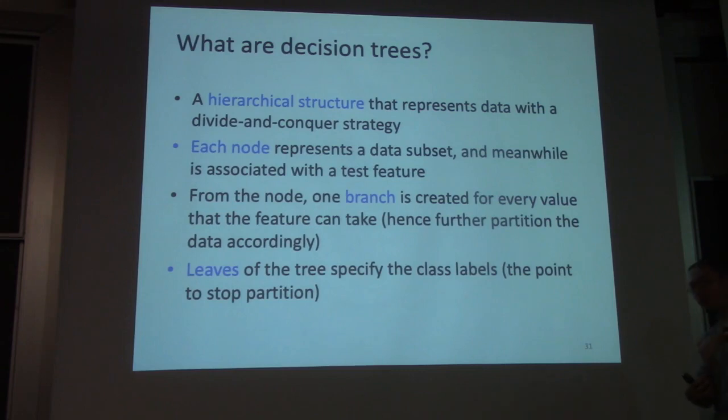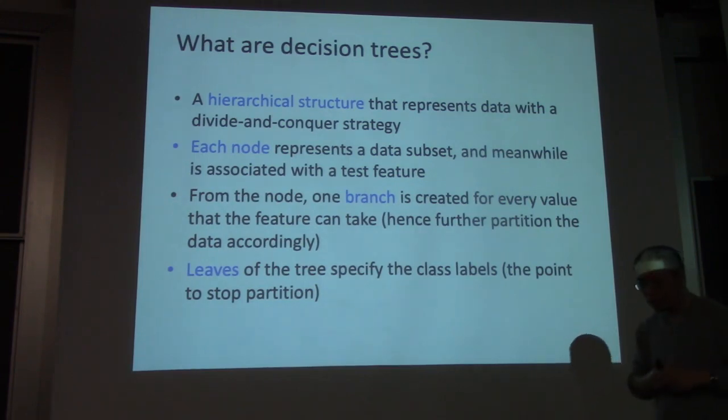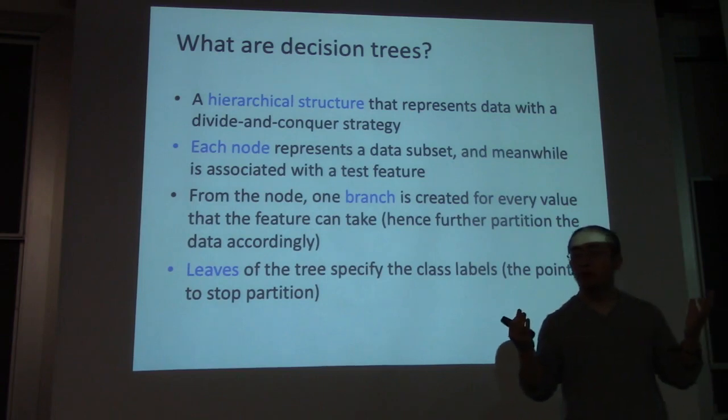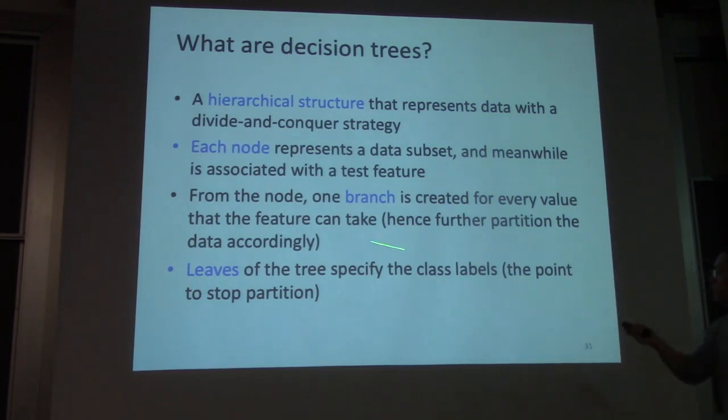Just imagine, it's just like a partition according to specific feature values until the leaf nodes. The leaf nodes represent the points where we stop the partition procedure, and the leaf nodes give you the labels. That's the general